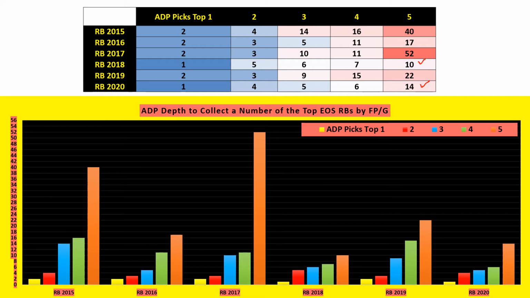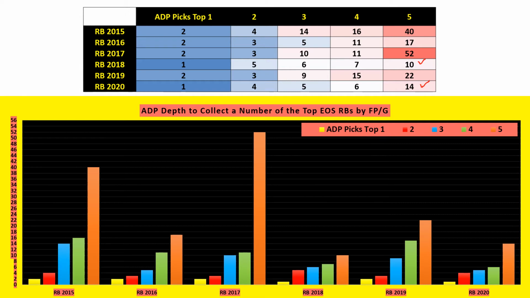That's the one that everybody's trying to hunt. The 0 RB people are hunting them. Everybody's hunting them. Okay? But look at the variation. Look at how deep you might have to go. Look at your research. How far should you go down in researching? If you looked at 2020, you'd go to the top 14 or so. And you'd say, okay, I'm done. But if it's 2017, you're going 40 more picks.